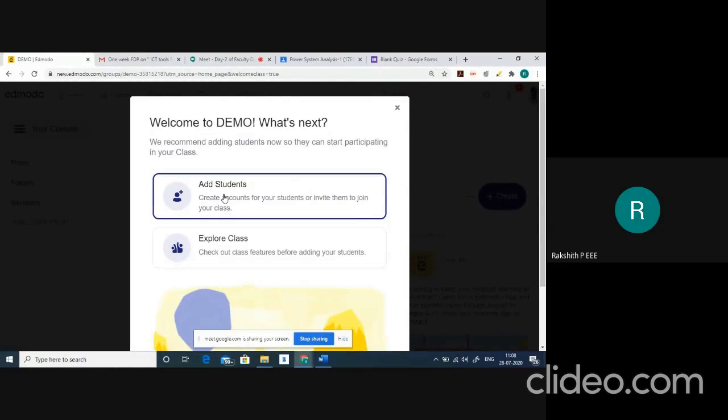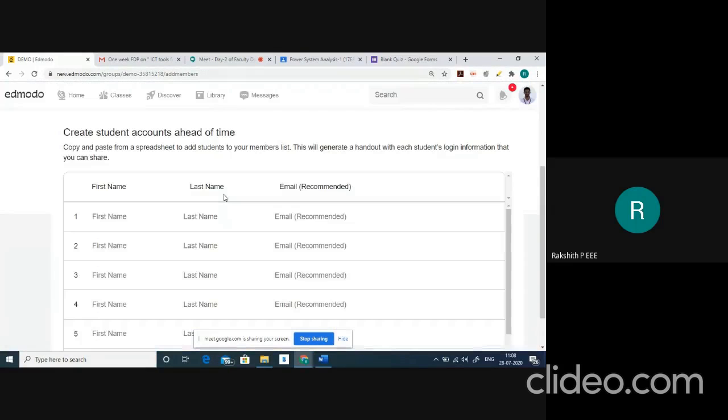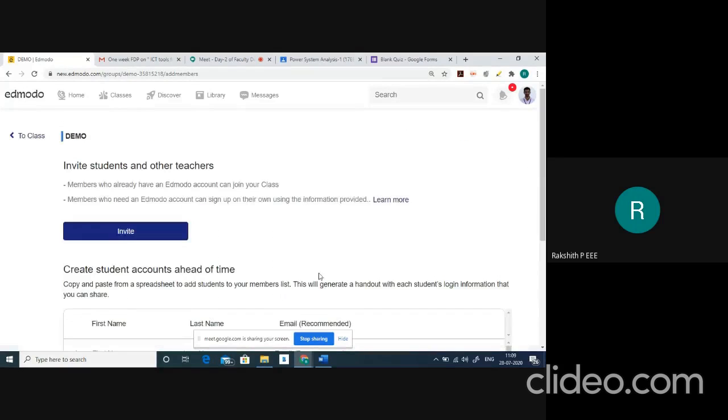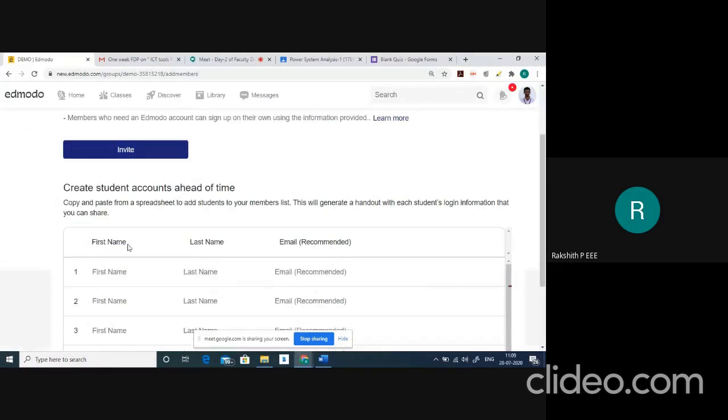So I'll choose this. If you choose that, you will get a new window which will look like this, wherein you can enter your students' first name, last name, and email address of all of your students. And then you can click here so that you can invite them.